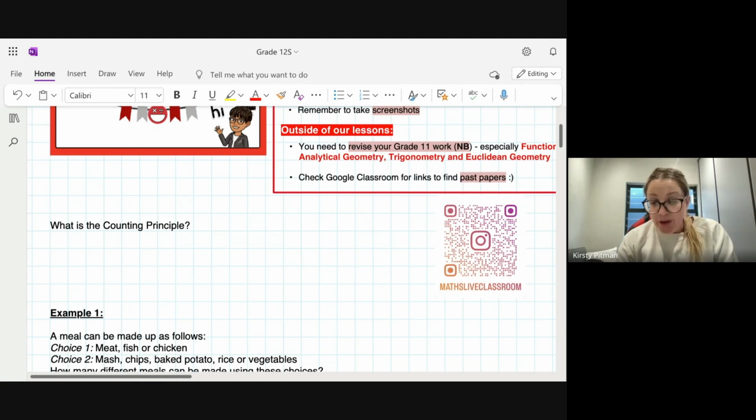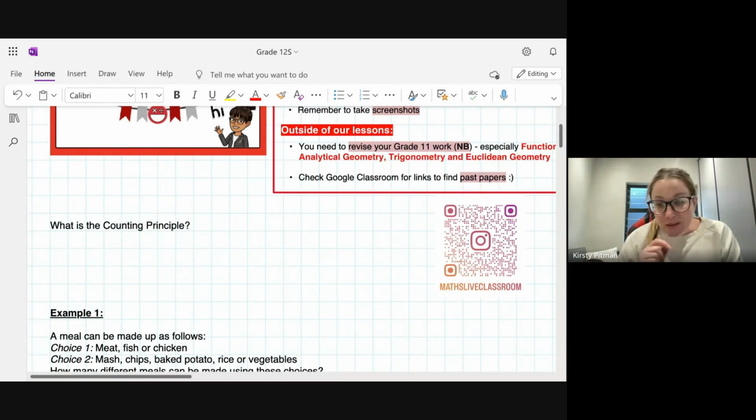Let's get going. So tonight we are working on the counting principle. I have to be honest with you guys, when we did counting principle, which is part of probability, back when I was at school, I did not enjoy this section. Probability, yeah, it was cool, nice and easy. But when it came to counting principle, I was like, I don't know what you're talking about. Maybe my teacher wasn't very good. Maybe I wasn't paying attention very well, probably the second one.